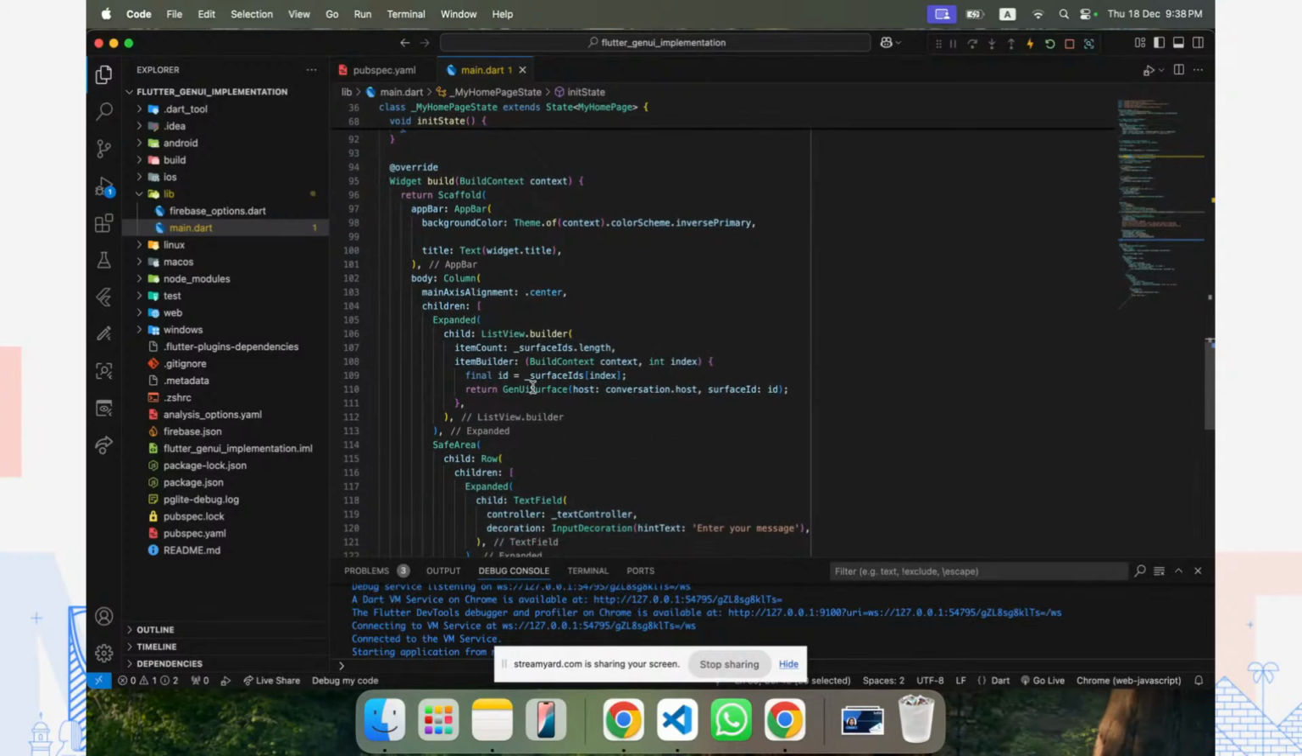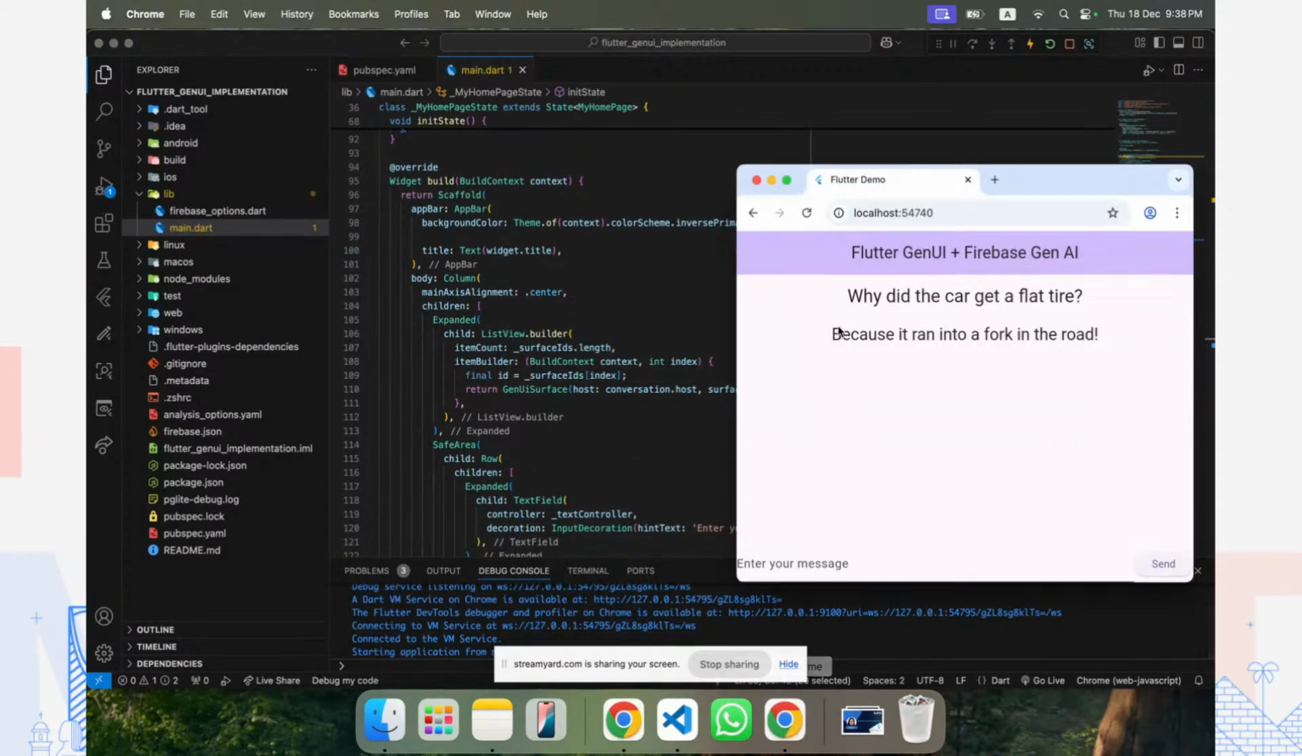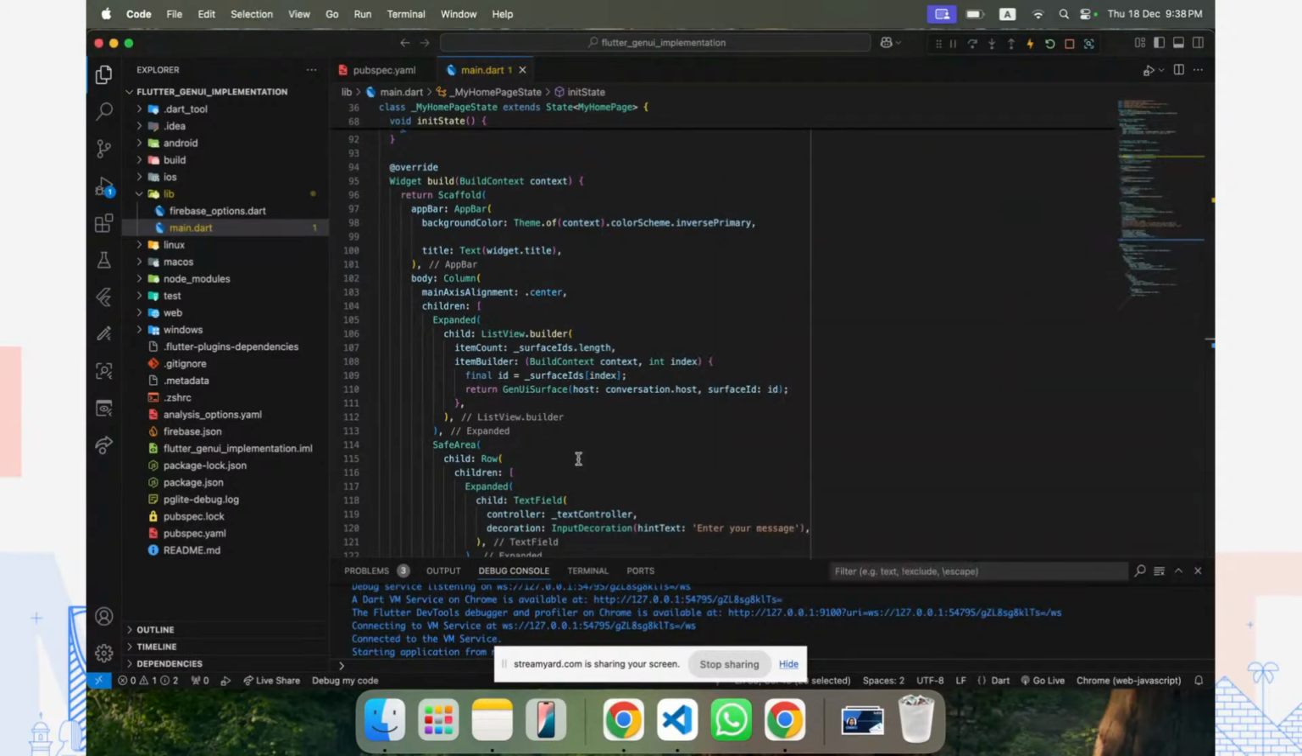And GenUI surface here is the element that was rendered into the UI. Any more elements will be sitting in that list of GenUI surface, and you can customize the UI however you want as per your use case. You can add more things, delete more things, and